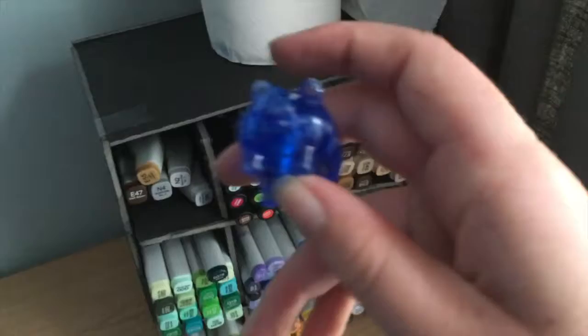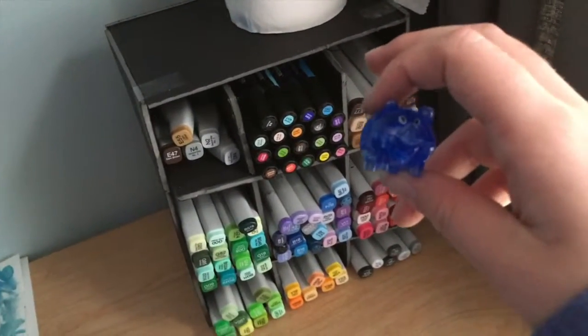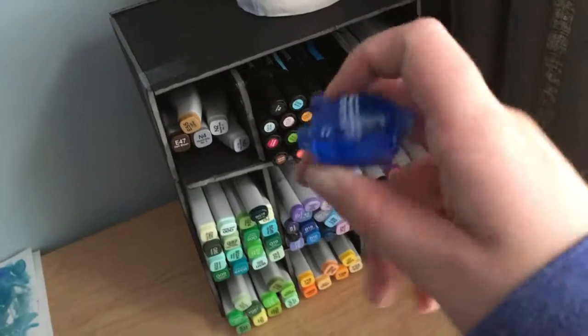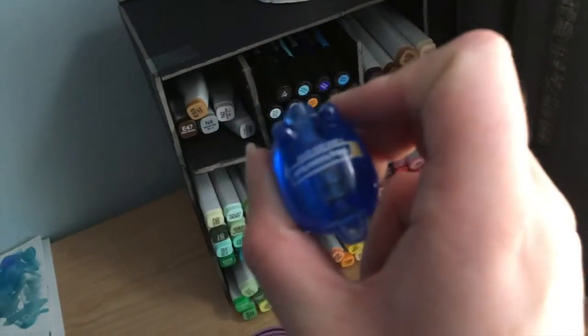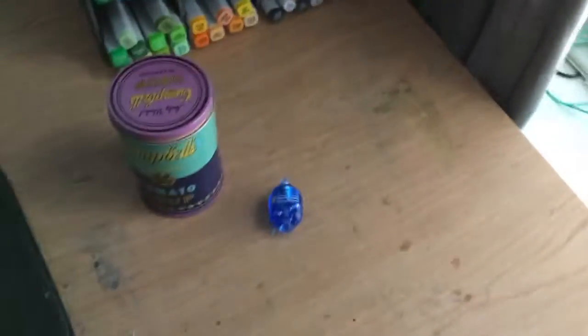This is a pig that I've had at least since I was 8 years old. I think I got this when I was 7. But it's a little pig thing from a bank. What's upside down? Valley National Bank. Yep, call them up right now. My old town